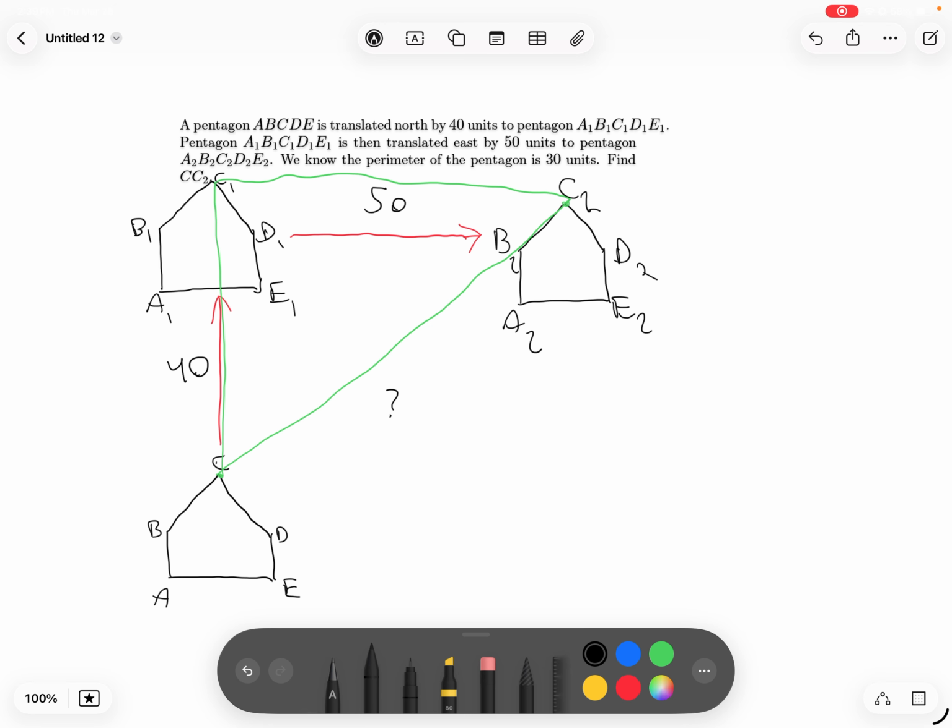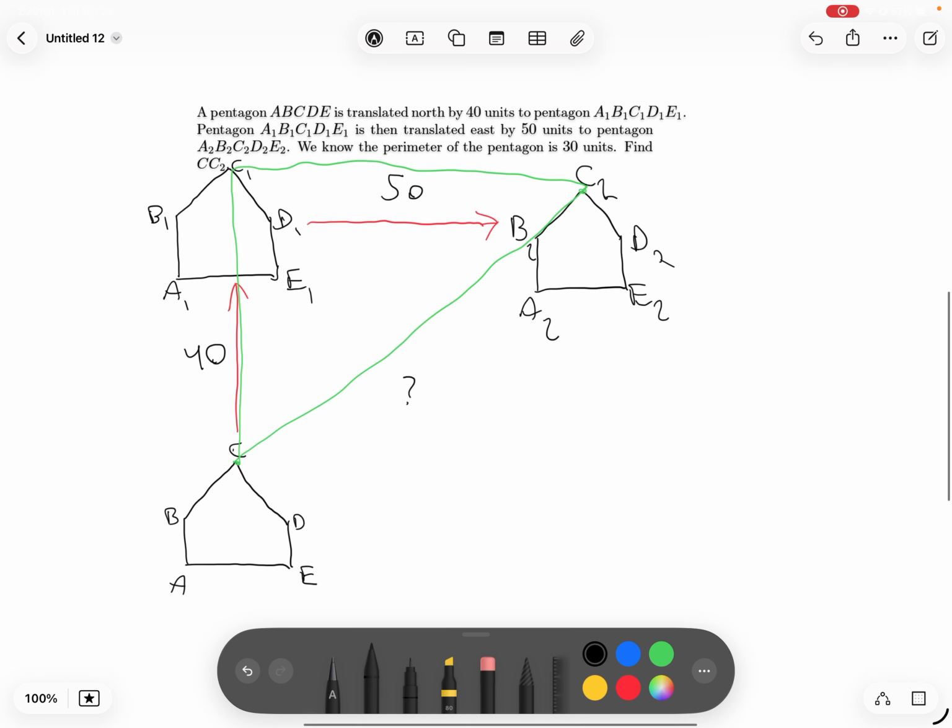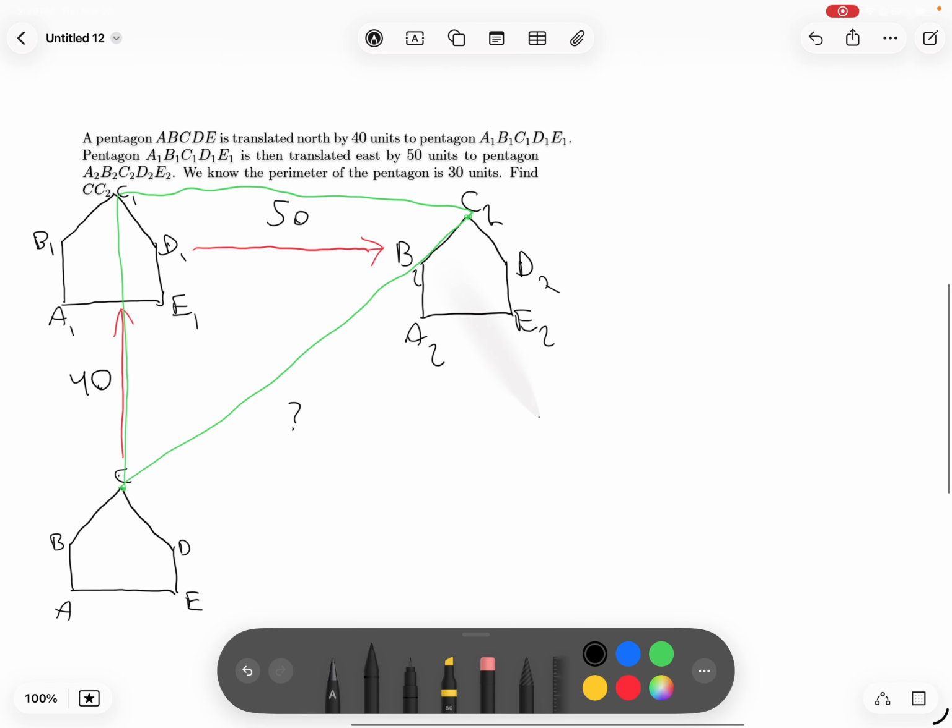Now, it's important to not get tripped up by the side lengths here. You might say, oh, we've got 40 and 50. Isn't that part of a 3, 4, 5 right triangle? Isn't the third length just 30 then? But no, in actual fact, that's not the case, because a 3, 4, 5 triangle has those same lengths, but